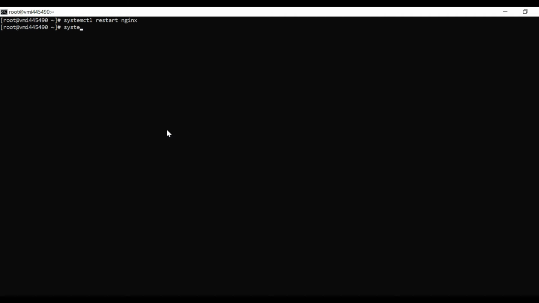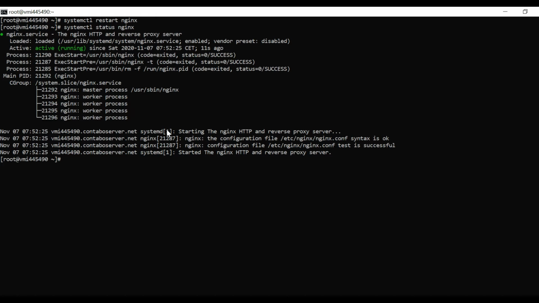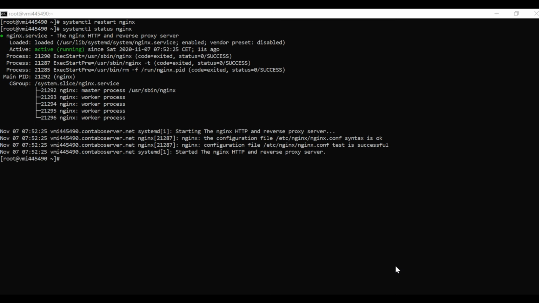And if I want to check the status, systemctl status nginx, yes, my Nginx is up and running. So congrats, this is the first step that you have to do.